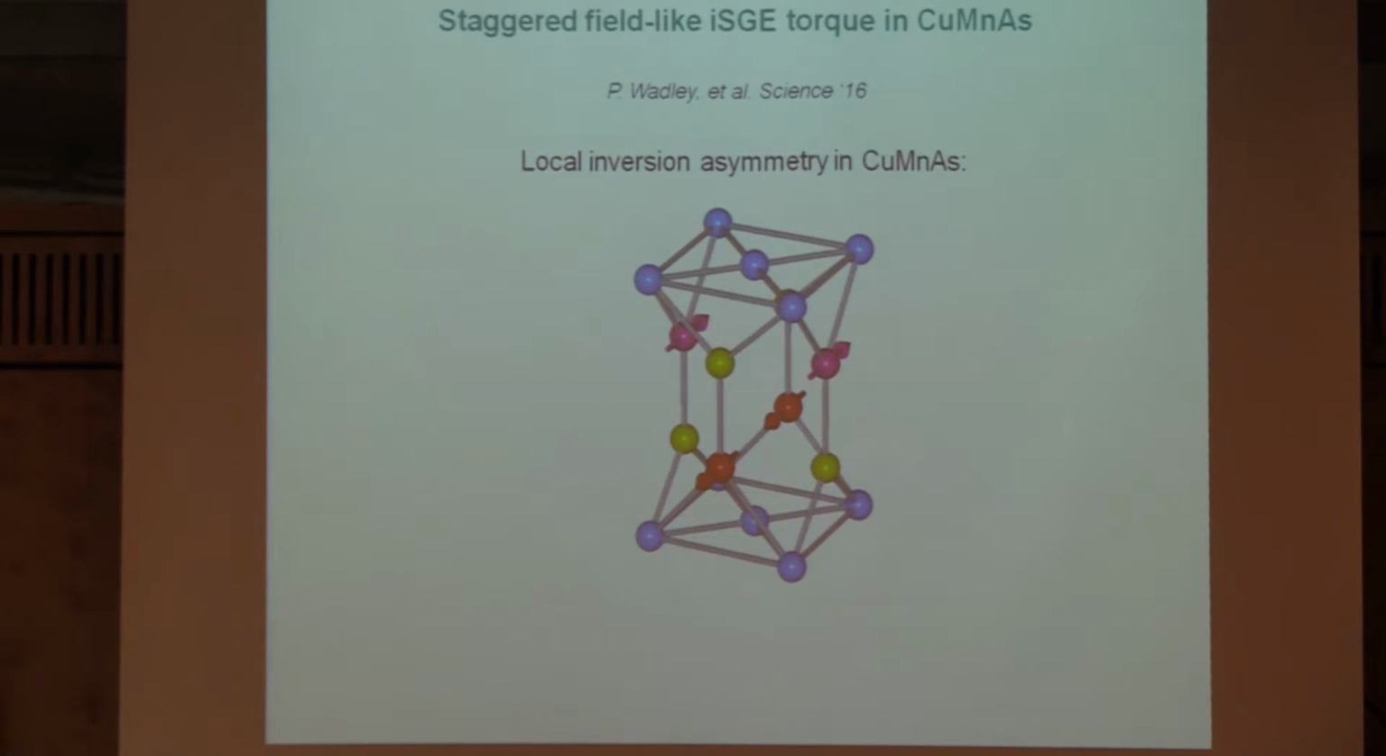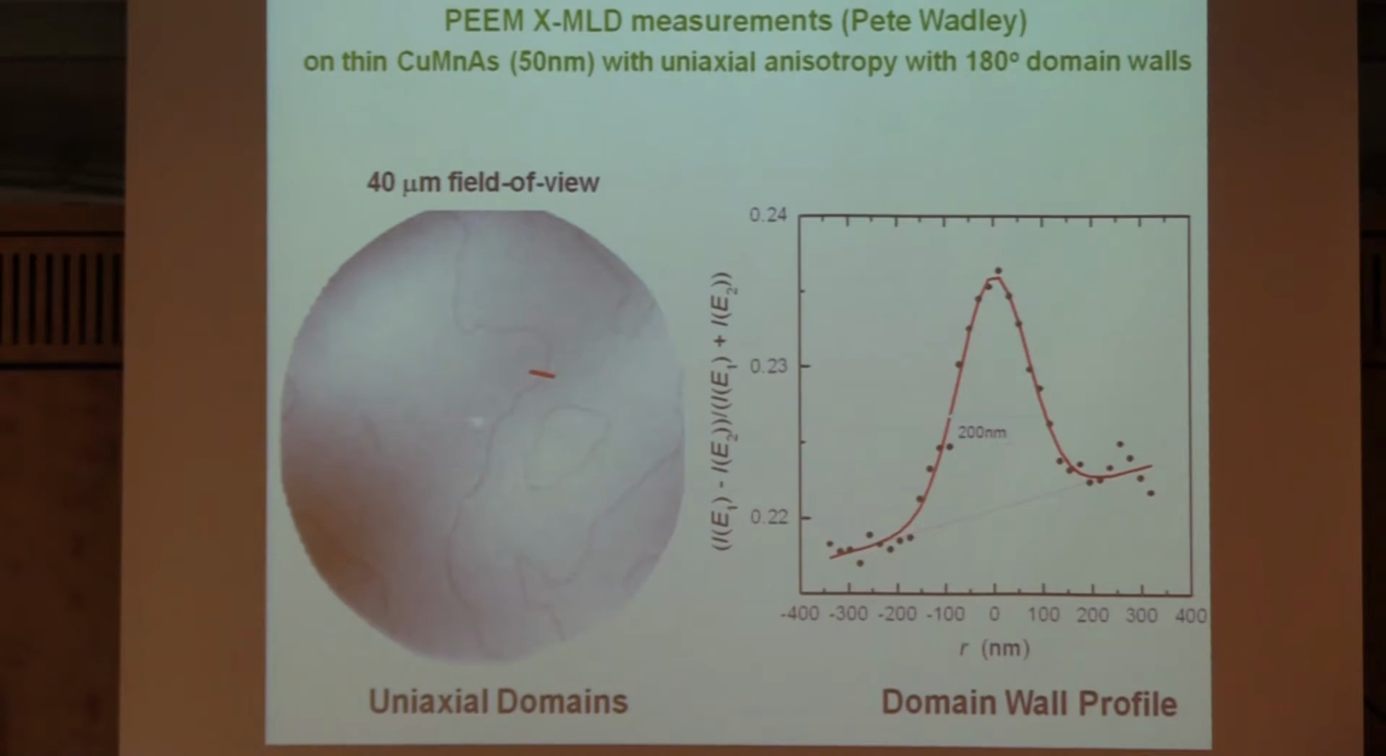Pete has given a very nice talk about this, about copper manganese arsenide, where you also have these inversion partners, because the broken inversion asymmetry generates spin accumulation at your manganese atoms, which has opposite orientation for the two sublattices and gives you this staggered field-like torque. You can have a uniaxial, indeed, copper manganese arsenide, and this makes our domain wall idea and domain wall propagation in the system very probable as an experimental setup,